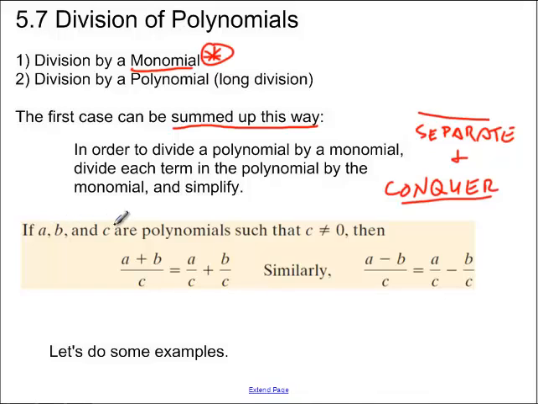If a, b, and c are polynomials, or a plus b is a polynomial as well, and c is not equal to 0. That's important because we can't have division by 0. That's the only reason that c can't be equal to 0. Then what this statement says, remember, is that in order to divide that polynomial by a monomial, divide each term in the polynomial by the monomial. Separate and conquer. What I mean by that is,